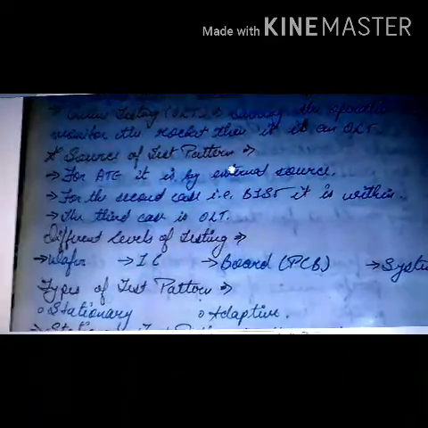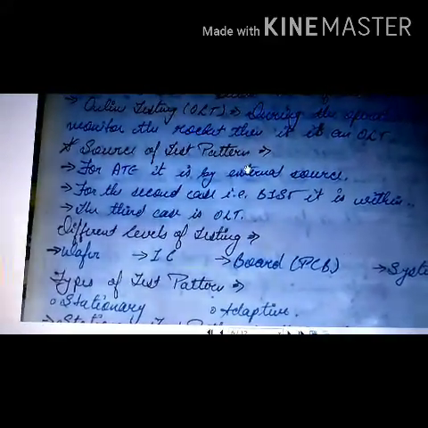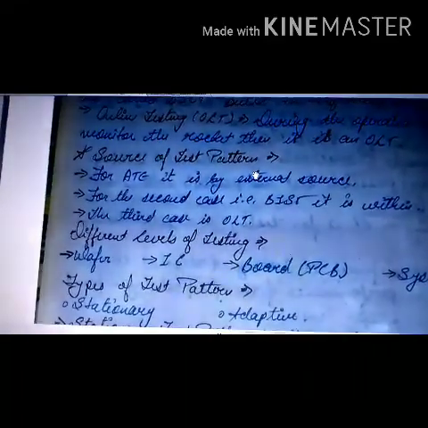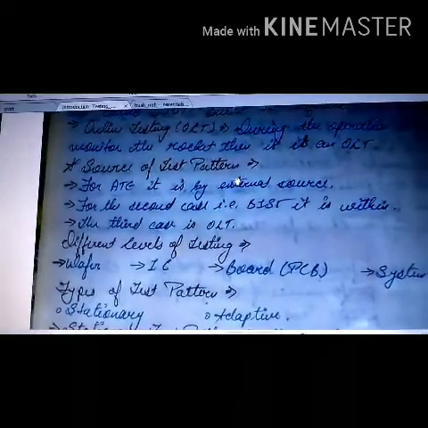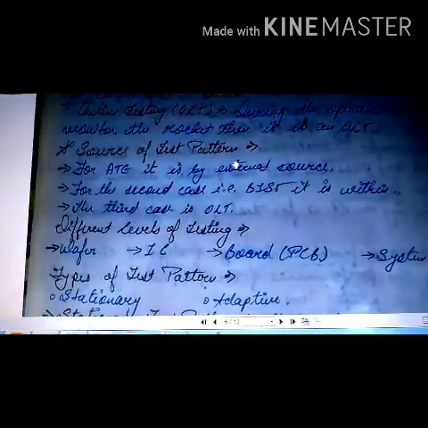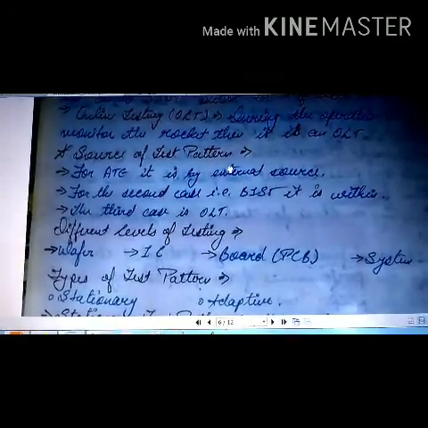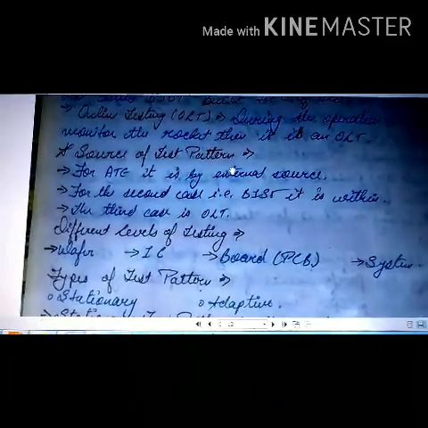Test patterns are produced by ATE. Okay, so ATE can produce test patterns, but we have to inform it what type of testing we want to do. Based on that, ATE will generate tests, so it should be an external source. Now for BIST, that is built-in self-test, the patterns are already fed in the algorithm or the programming